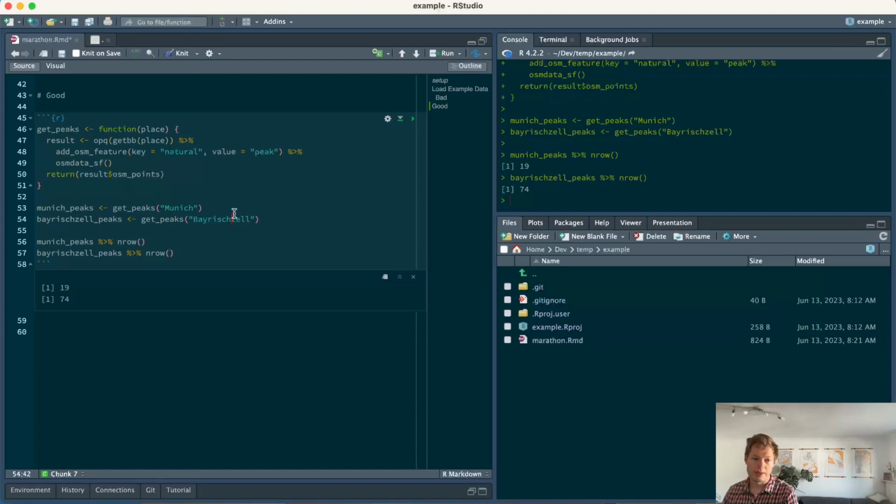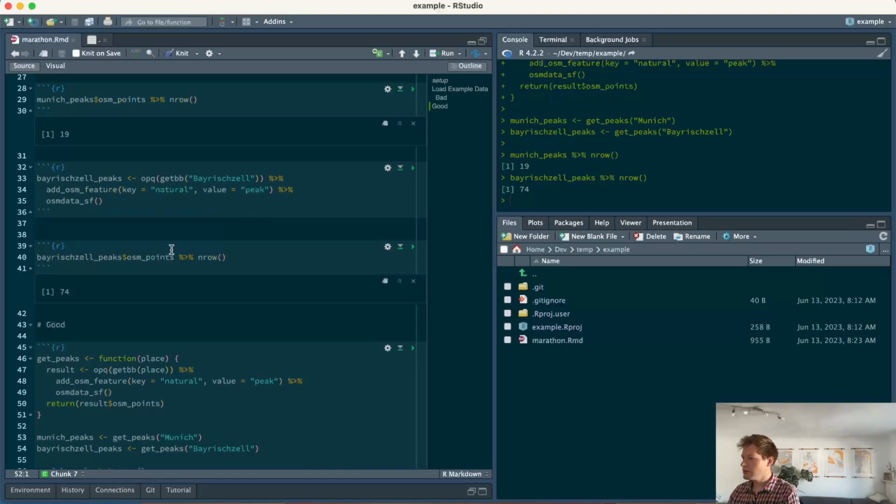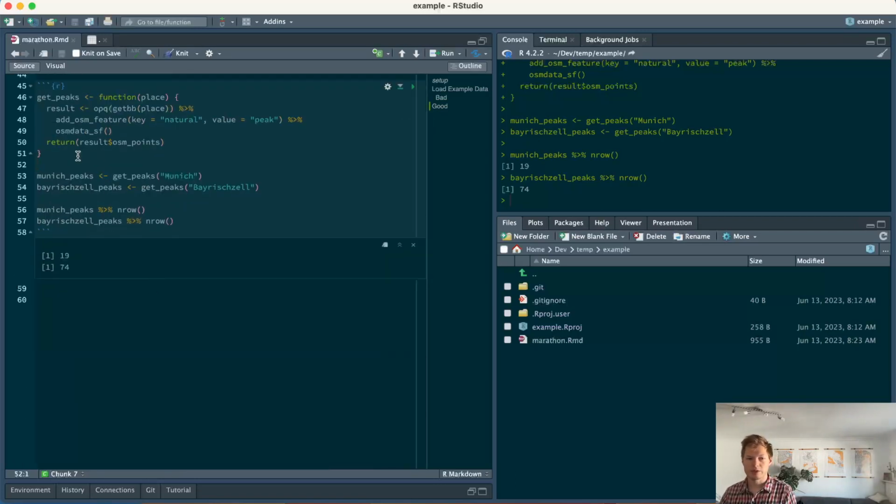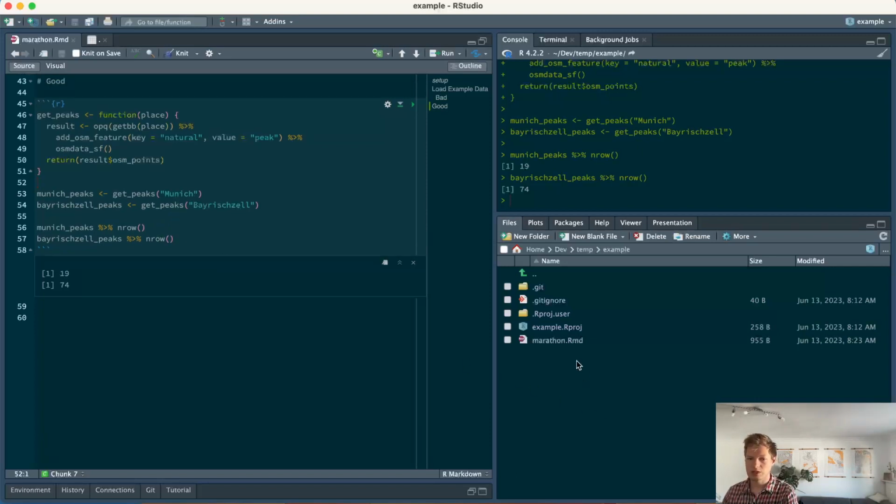The only other thing is that having all these in one R Markdown is usually okay to a certain degree, as long as you have simple functions with maybe just 5 rows or something. Once you get more complicated, with functions of 20, 30 rows, you don't want to have all these in just one file. So what you would start to do then is, you can just create a